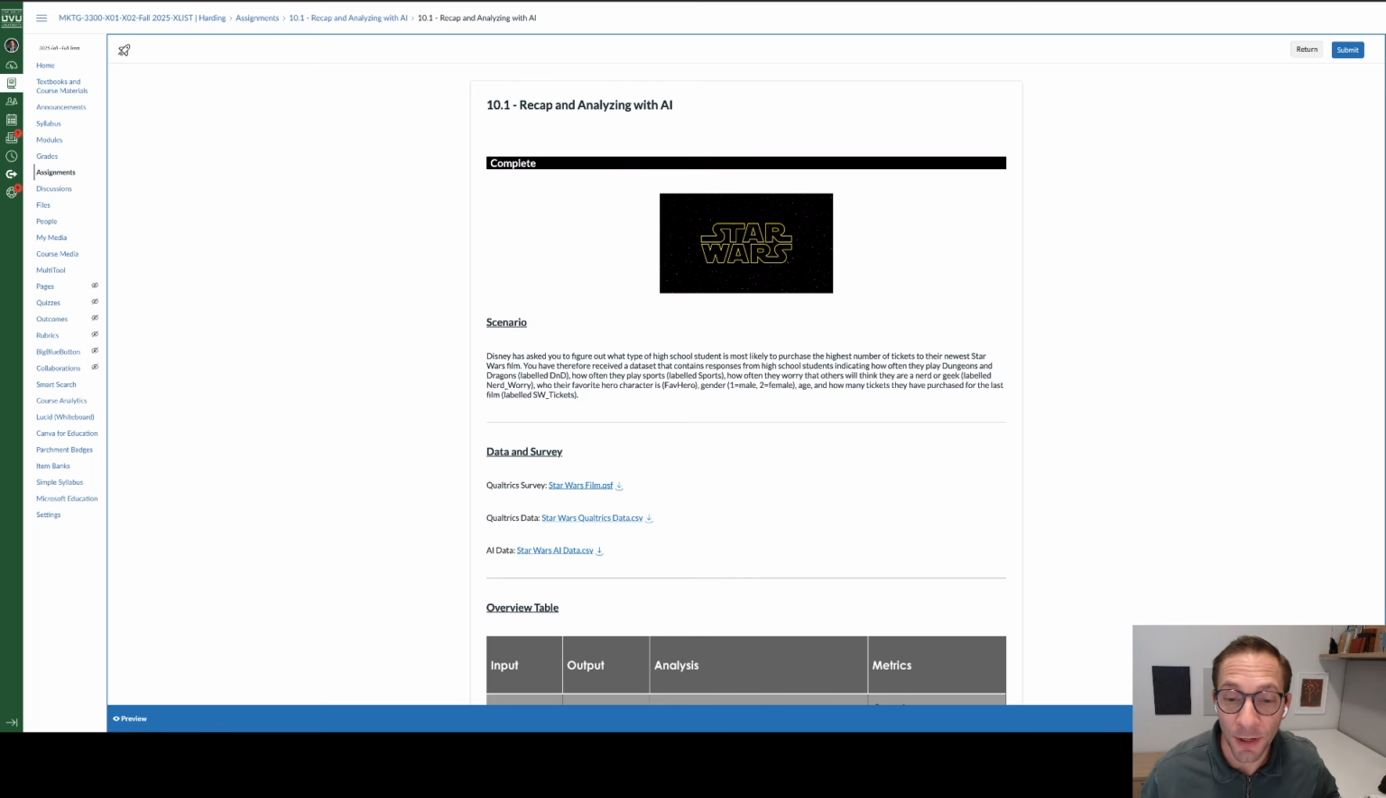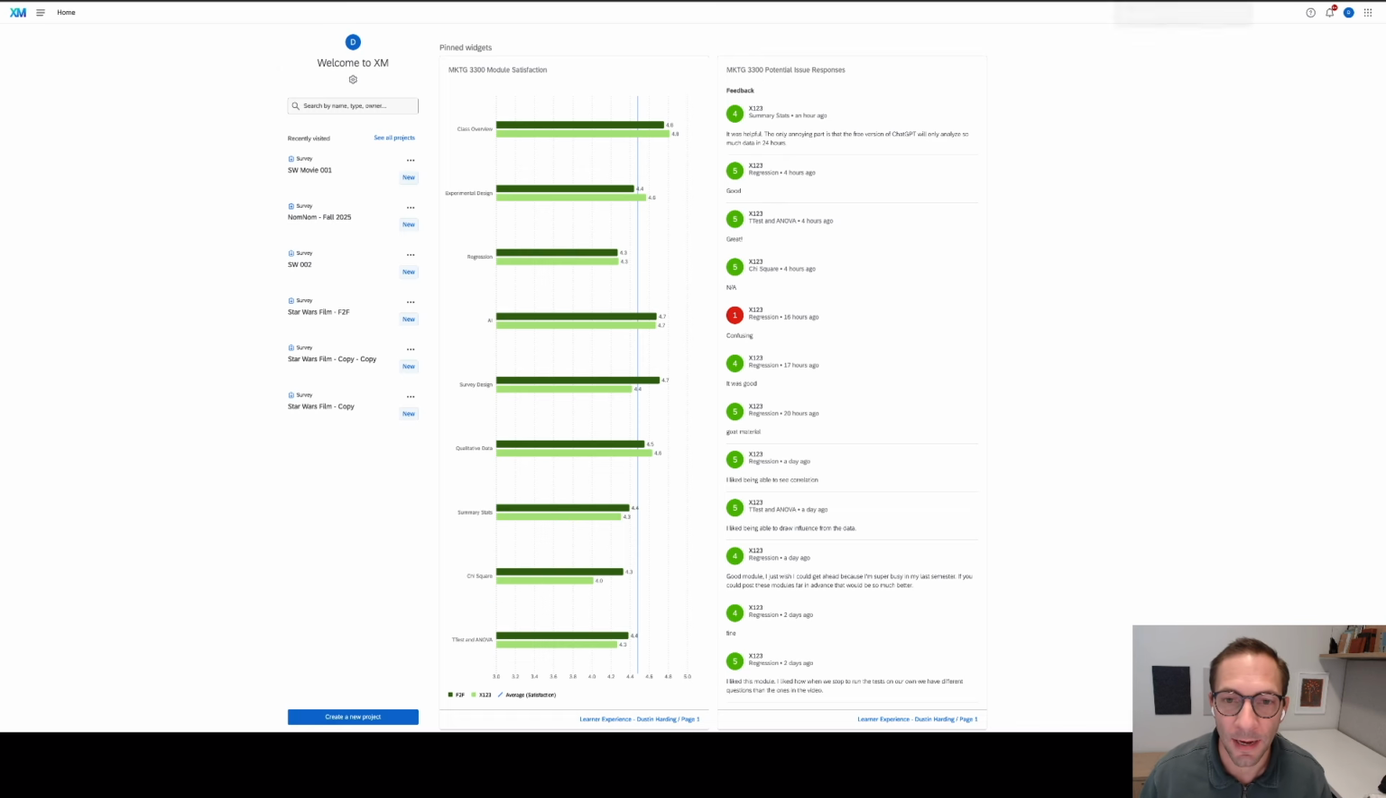So for this module, we're going to download the Qualtrics survey here and import that into Qualtrics. Here's a Qualtrics data set that you'll then import into that survey. And this is another version of the data set that we'll be using for AI later on. So if I've downloaded all of these, they're going to show up in my downloads folder, and I can log into